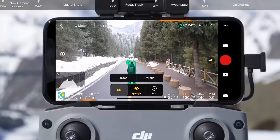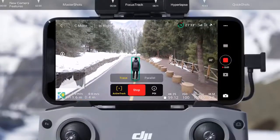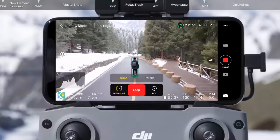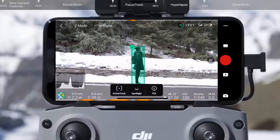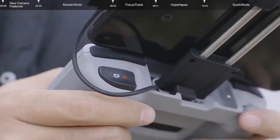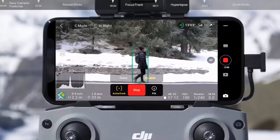After selecting Trace, the aircraft will track the subject from a fixed distance. During flight, DJI Air 2S will automatically detect obstacles in its path and alter its flight route to bypass them. After selecting Parallel, DJI Air 2S will track the subject from the side at a fixed angle and distance. After selecting Parallel mode, tap the Shutter Record button on the remote controller or the screen to start shooting photos